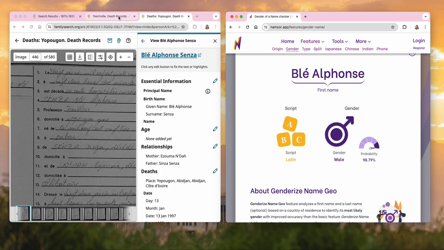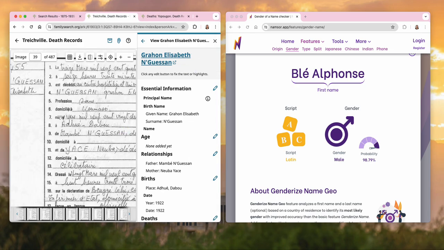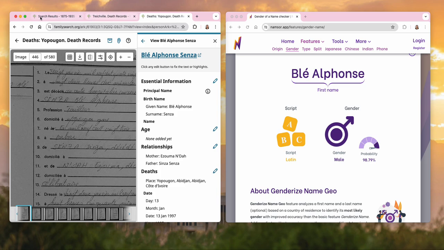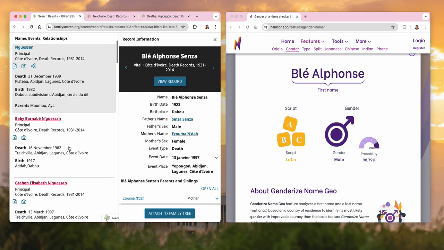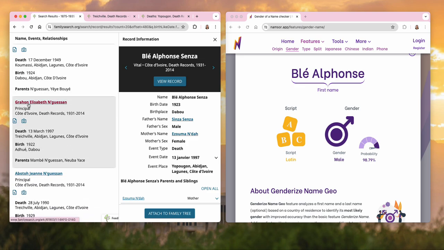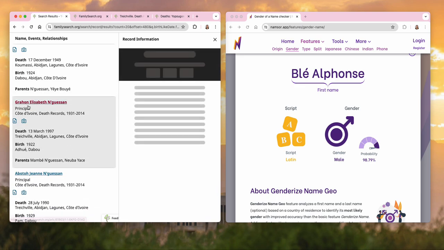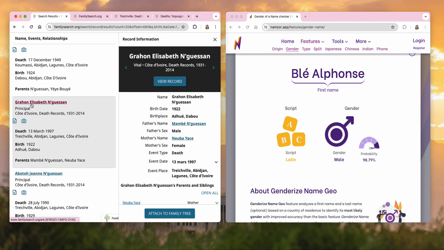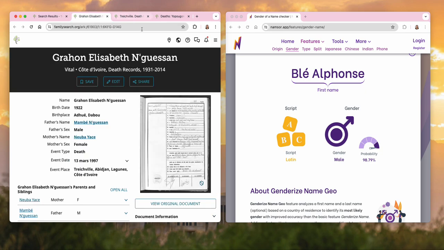I'm going to come back in here. I'm going to add the name and put that he's a male, which, you know, the record had suggested and everything. Let me show you, for example, a different one. Let's come down to this one right here. Again, I apologize, I can't say their names like they should be said, but Grahon Elizabeth and Ngusen. Elizabeth already suggests this is probably a female name, but we want to make sure, as it doesn't say. The record that I have up here,